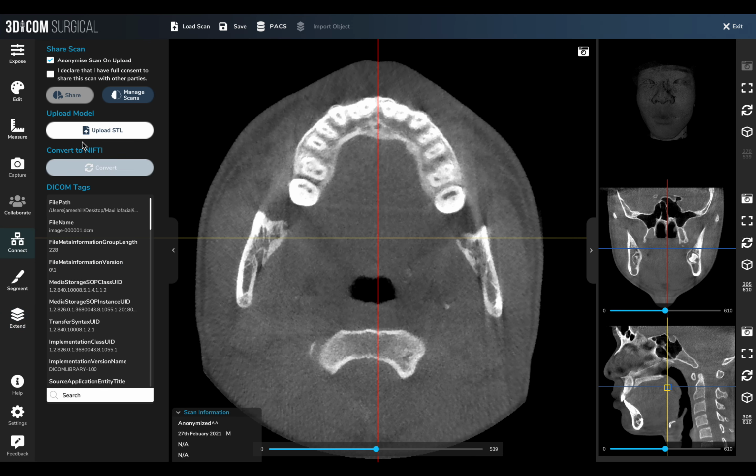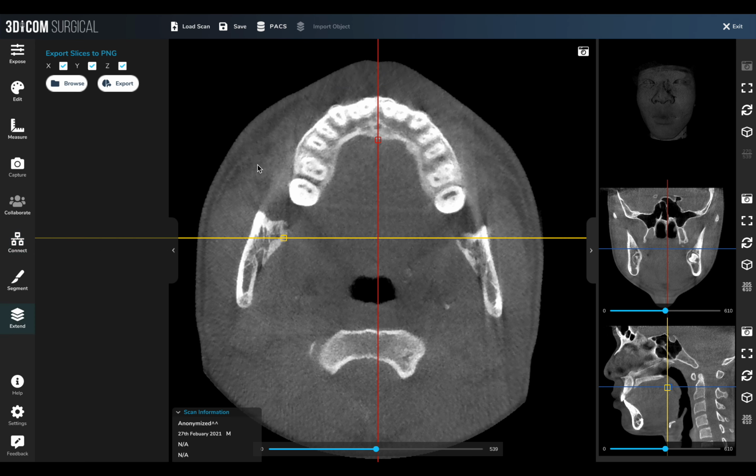So the fact that it's kind of spread across connect, segment, and extend now I think is getting a bit confusing. So you should be able to actually import STL files, view them in the center panel here before you can then